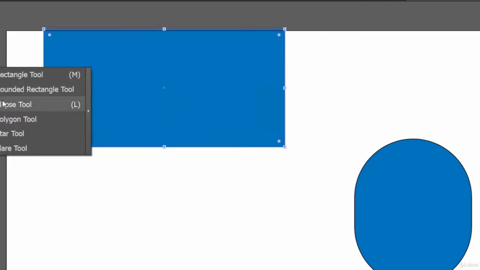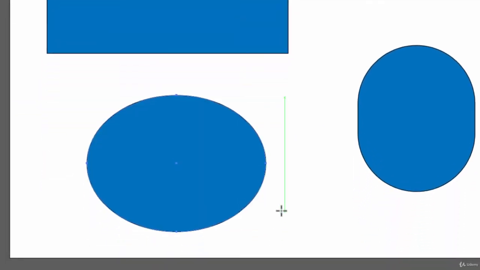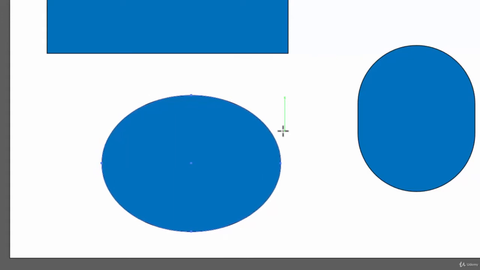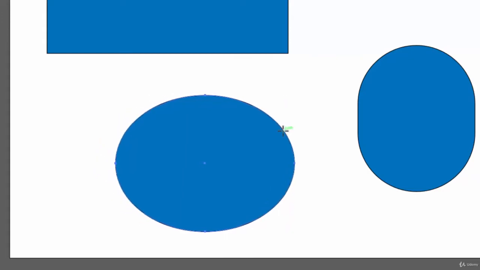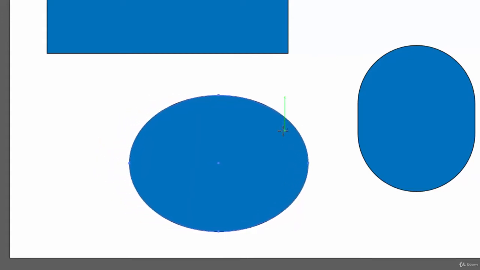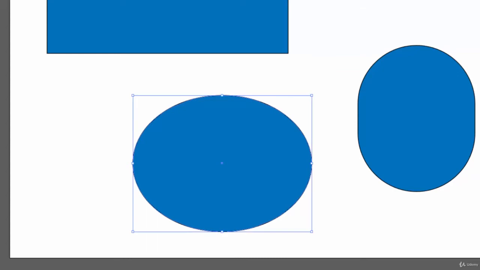Now let's create another ellipse. Now for moving it, see, it will not move by itself. Let's try to move it using the arrow key. See, you can move it, but it's moving by one unit. Now for moving it multiple units, you need to select the selection tool and you can move it just like